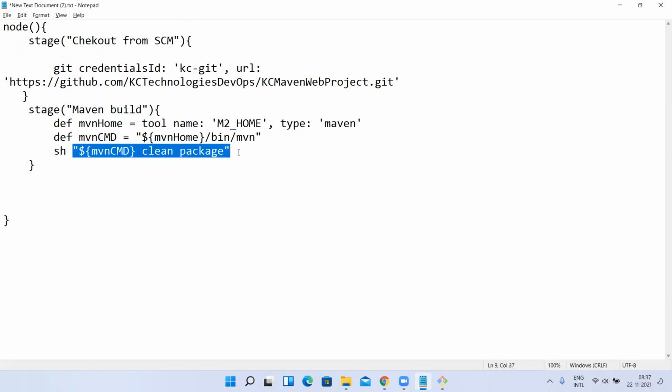But when you want to execute any command, here it is not executing. Here we are just defining one variable and setting the value to that variable. Here also you created one more variable and set that value to this variable. That's it. But here you have to execute one goal. This is just defining a variable, but here it is execution. If you want to execute anything in a Groovy script, you have to pass that. As it is a shell command, it is sh, like shell. So you have to execute sh and keep it in double quotes or single quotes. Either is fine, it is up to you.